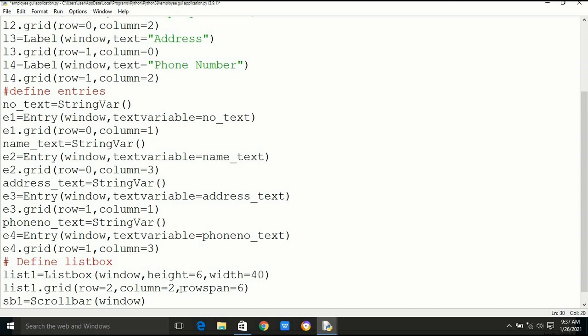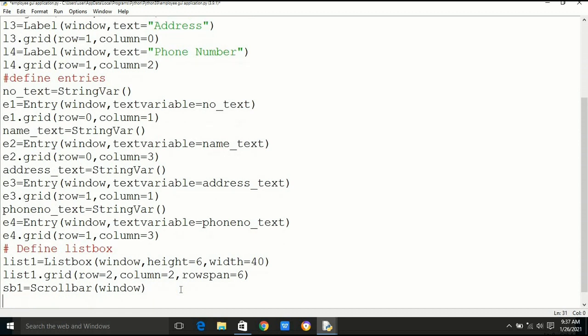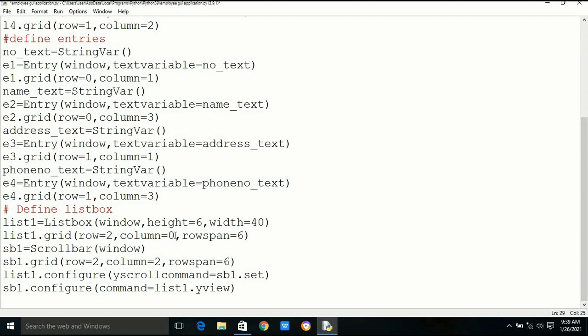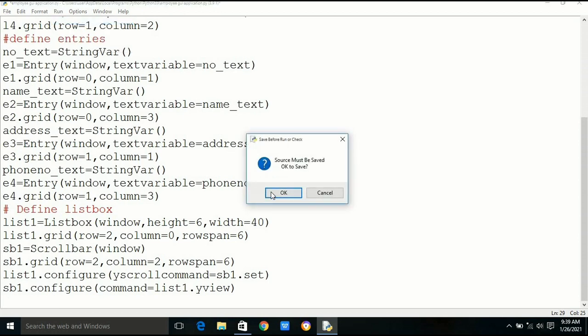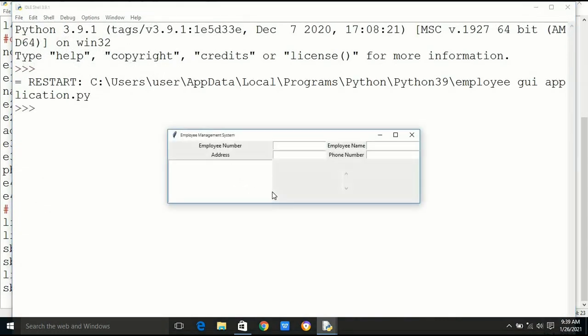Here we are defining the position of the scroll bar in the grid, and it is in row 2 and column 2. Row span is equal to 6. We are using 6 rows to show the vertical scroll bar. Now you can see the list box with the scroll bar.